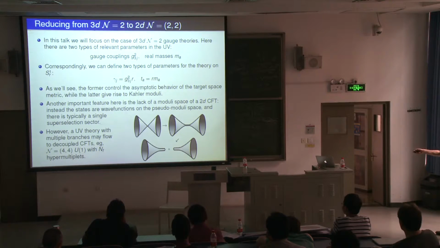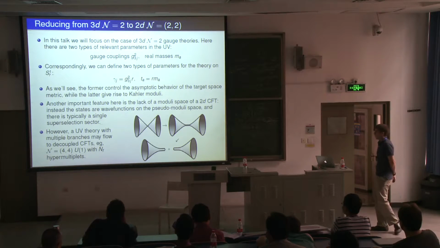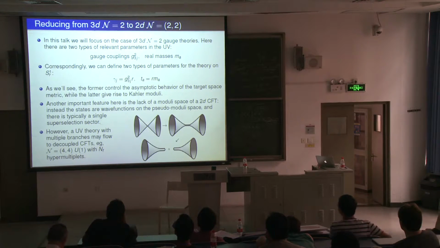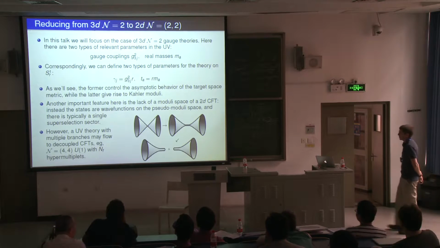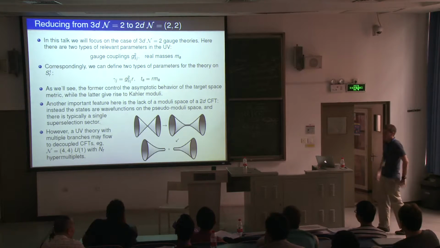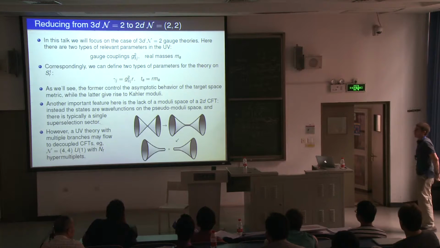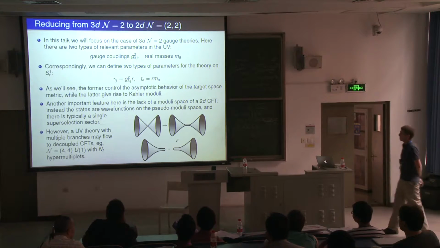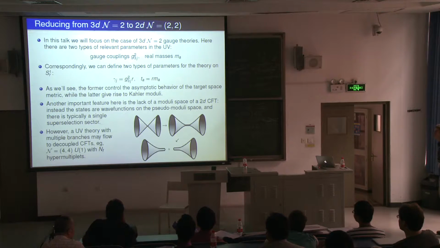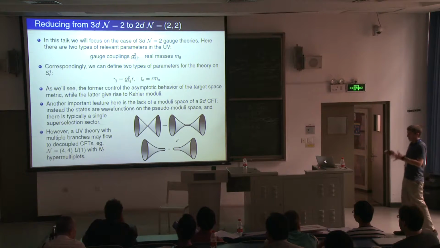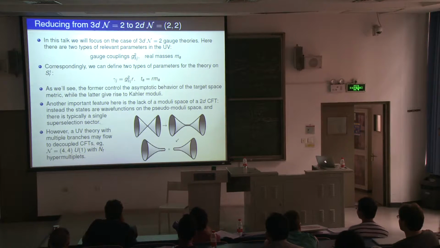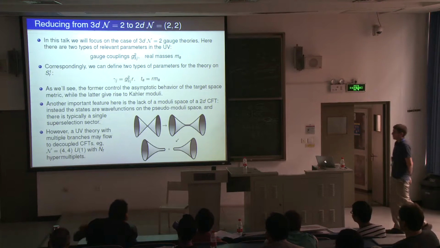Whereas these t_a are going to be Kähler moduli, so they're going to give rise to normalizable deformations of the metric. So another important feature in 2 dimensions compared to higher dimensions is that whereas in higher dimensions we have a moduli space of vacua, and each vacuum is a superselection sector, in 2 dimensions there is no moduli space because there are no massless scalars. So instead, the ground state of the system spreads out over the target space, and there's typically a single superselection sector. However, there are exceptions to this.